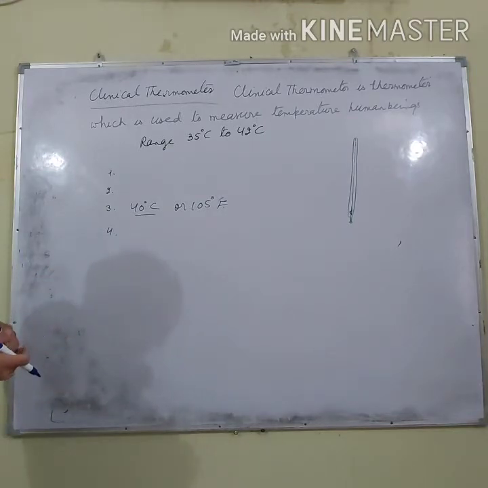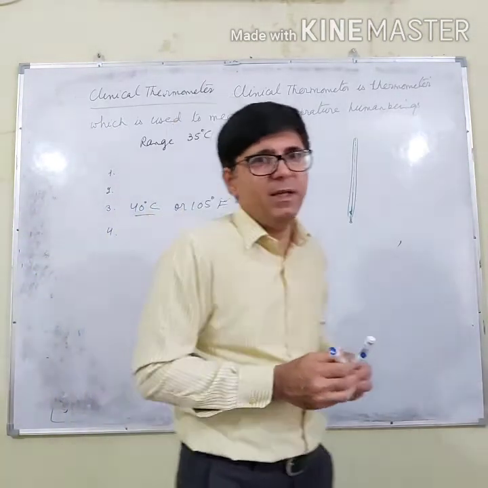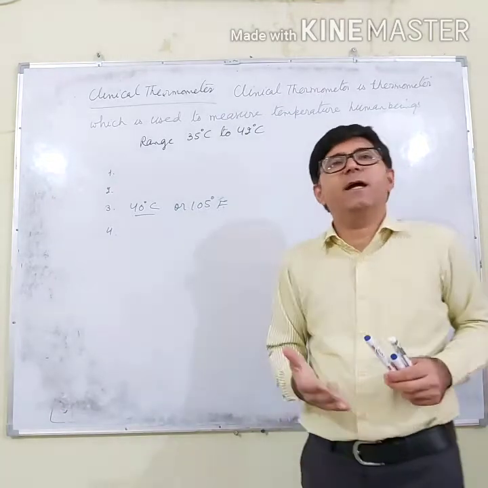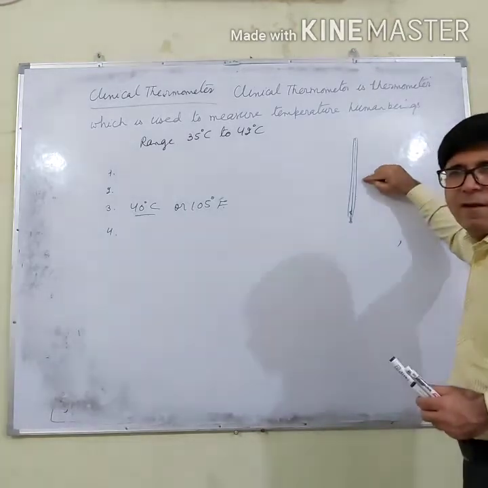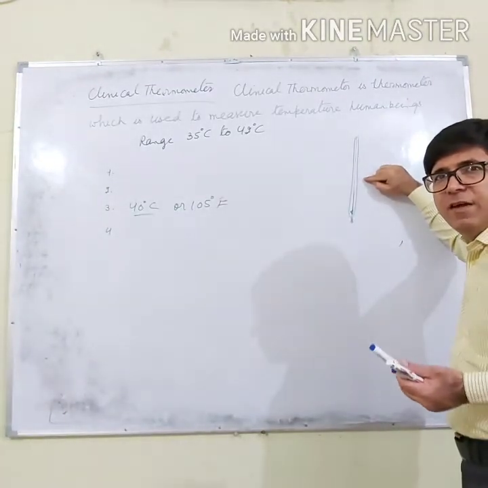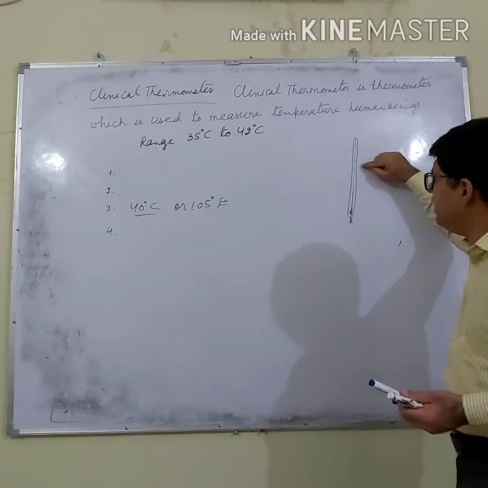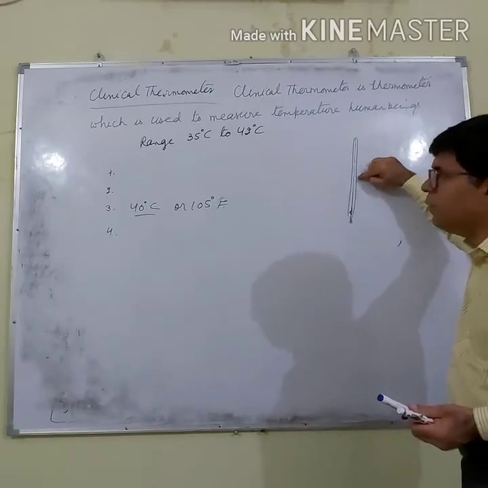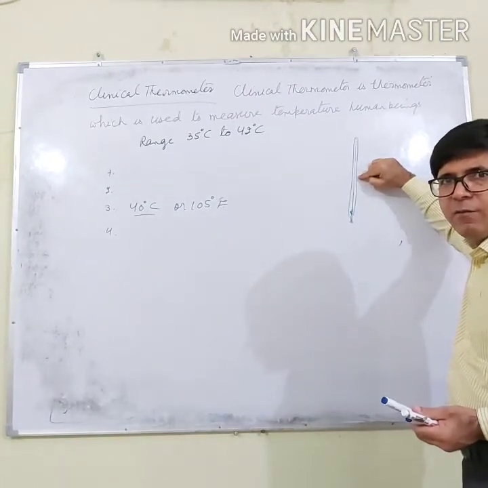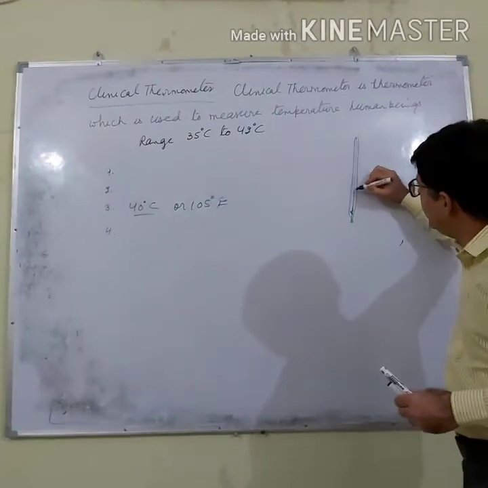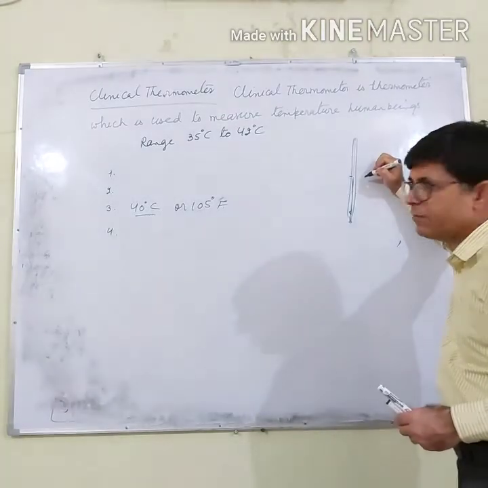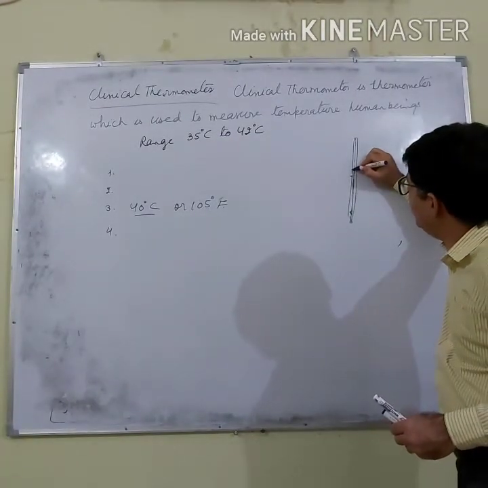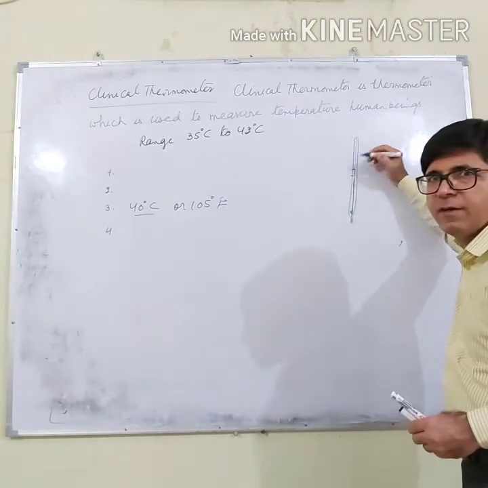Alright, so these are the points that we have to keep in mind. So this was about the clinical thermometer. And why do we use mercury? We use mercury because mercury is shining. Since it is shining, the mercury can be seen very easily. We can detect the temperature easily: up to where you see the shining, we can say that is the temperature. If shining is there up to here, we will say this is the temperature of a person.